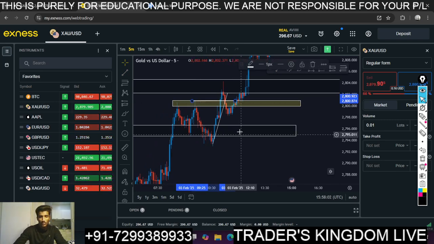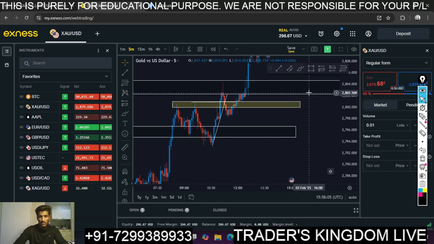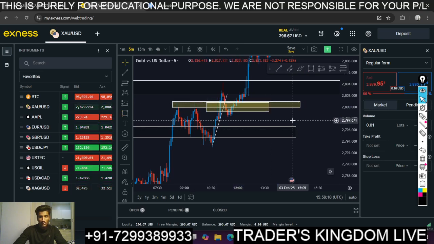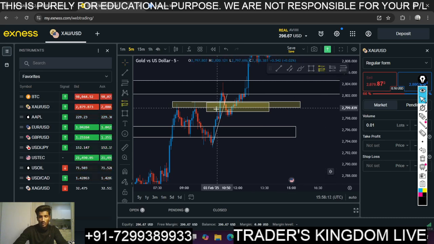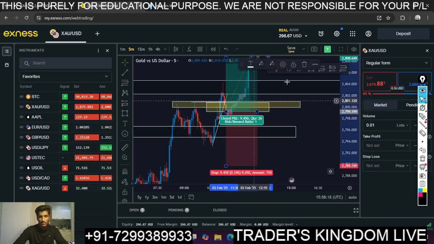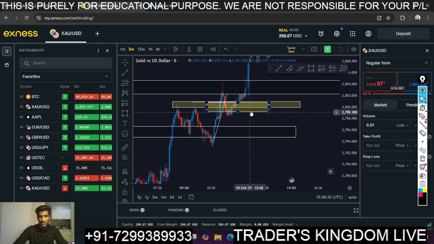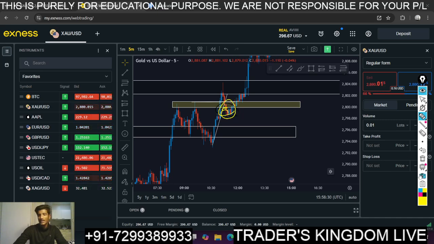Structure broke here, right? If I were to mark the fair value gap, it was somewhere like this. So I marked my second lot at this point, 279, at the lower end of this. My second quantity, second add-on, was at this zone here. And the reason for me to enter the third add-on confidently was because it was an